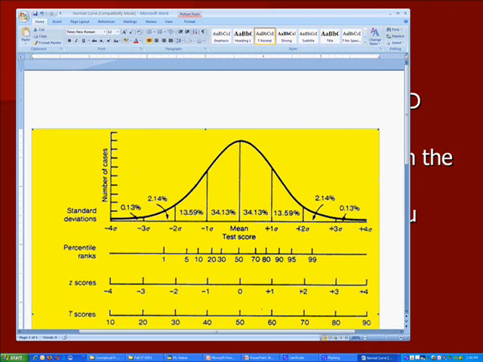Another way to look at this, there's another number called a percentile rank. If you score in the 97th percentile, that means that you scored at or above everybody else on this scale. So as you work your way up, you can see how much less and less common it is to score in these areas. Another way to look at this is only 3% of the people have scores above two standard deviations.